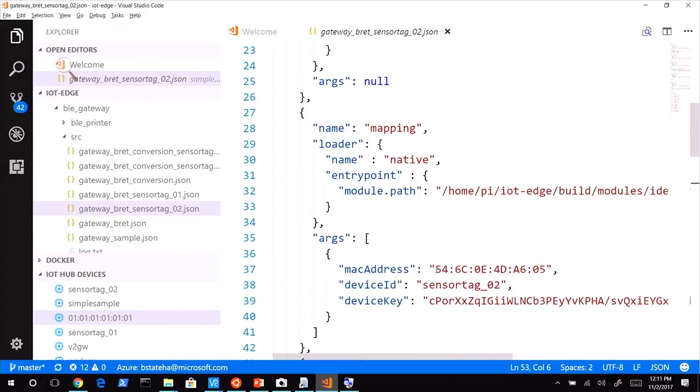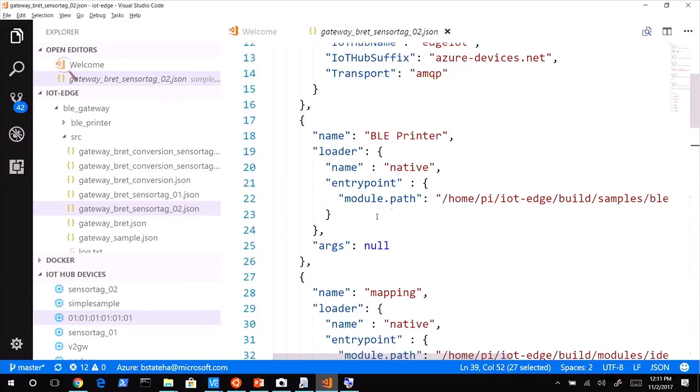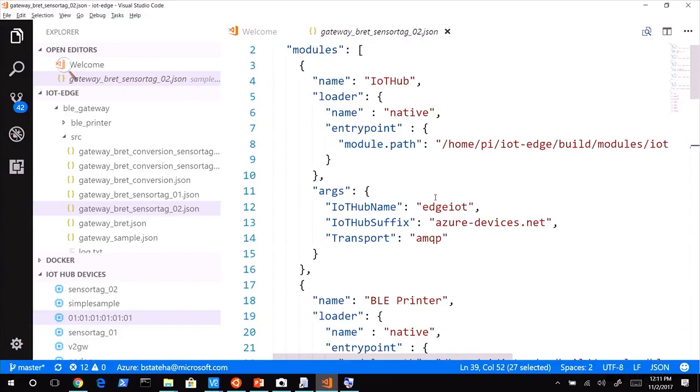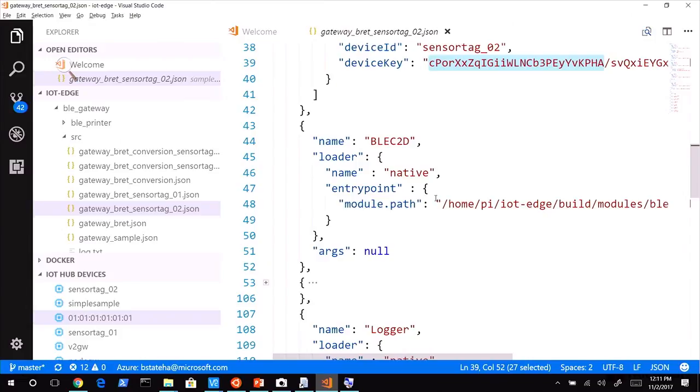And it says whenever we see messages coming in from that MAC address, up in the IoT hub, send them as the sensor tag device with this ID, right? And those are devices that are over in the IoT hub that I showed you earlier. We've got a BLE printer that does nothing but log it out to the console for me. That's like the logger that we had before. And then I have another one that can take messages from the cloud and send them back down to the